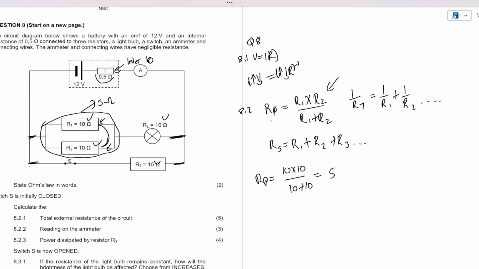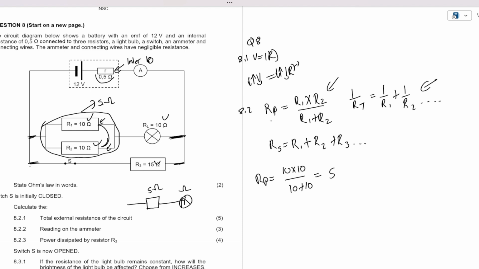And then we are going to treat it as one resistor, because we are learning how to group resistors. So when we add 5 plus 15, why am I adding? It is because they are connected in series in regards to one another, because we are treating them as resistors like this: 5 ohms, and then that 5 ohms continues with this bulb, which is